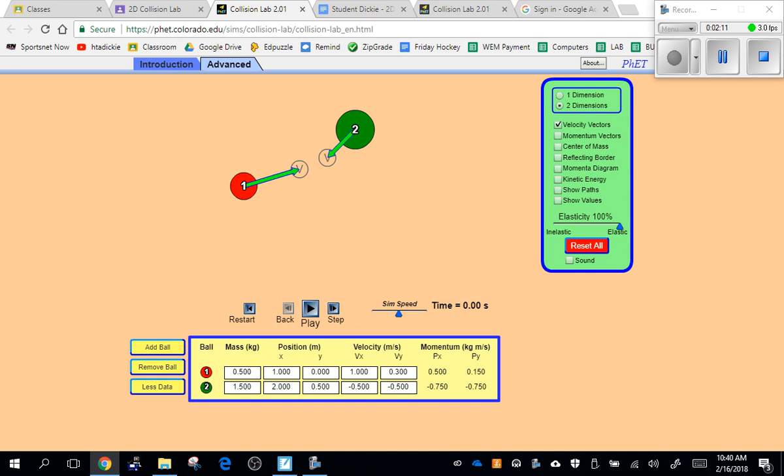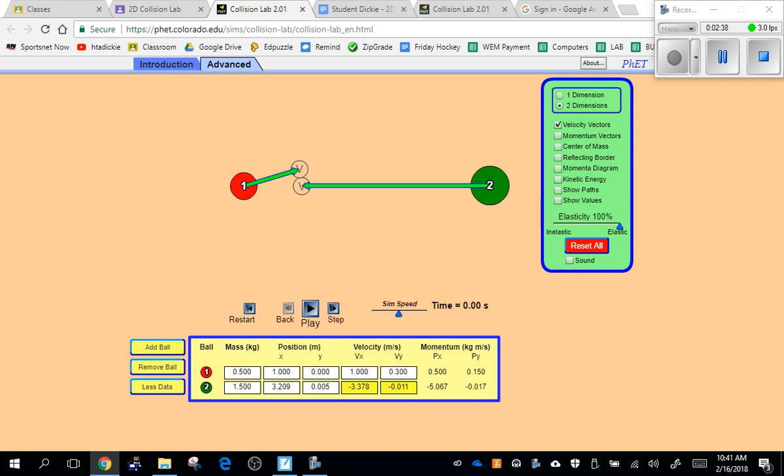Now, in addition to that, you can change the position of these objects literally by just clicking it and dragging it. You can change the direction of the velocity by clicking that and dragging it. You can change the magnitude of the velocity or the speed by clicking it and dragging it. Change everything. Change everything around. The mass, the initial velocity, the initial position, and so on. Change everything. Just make sure that it's set up so that when you press the play button, they're going to